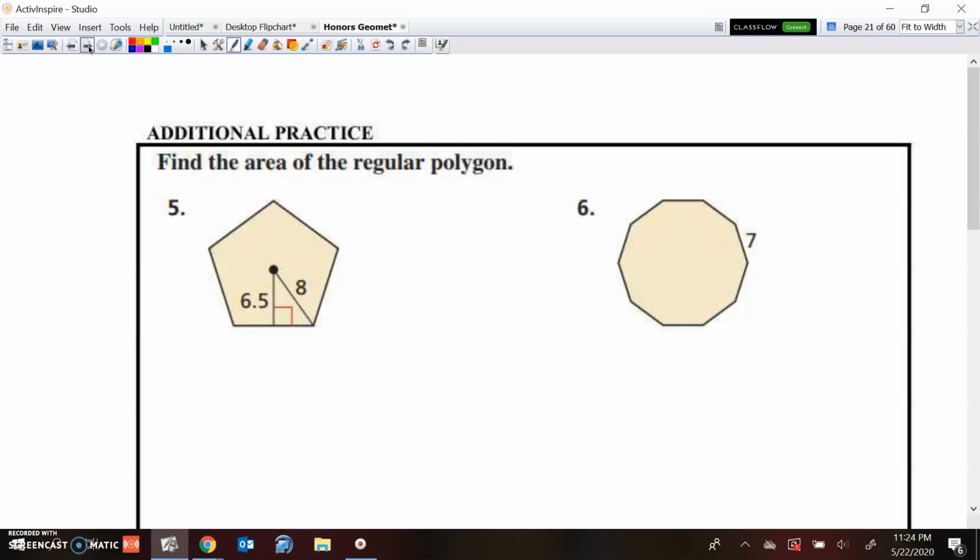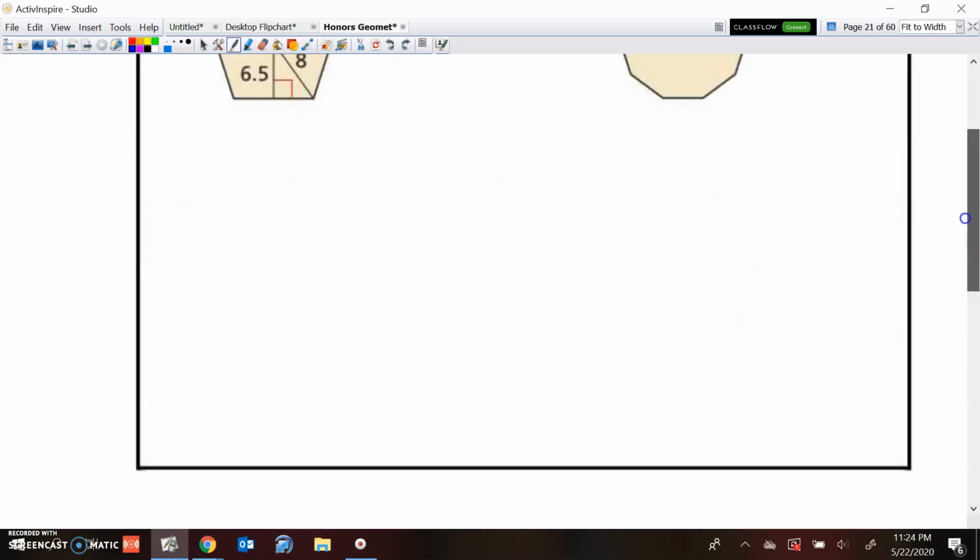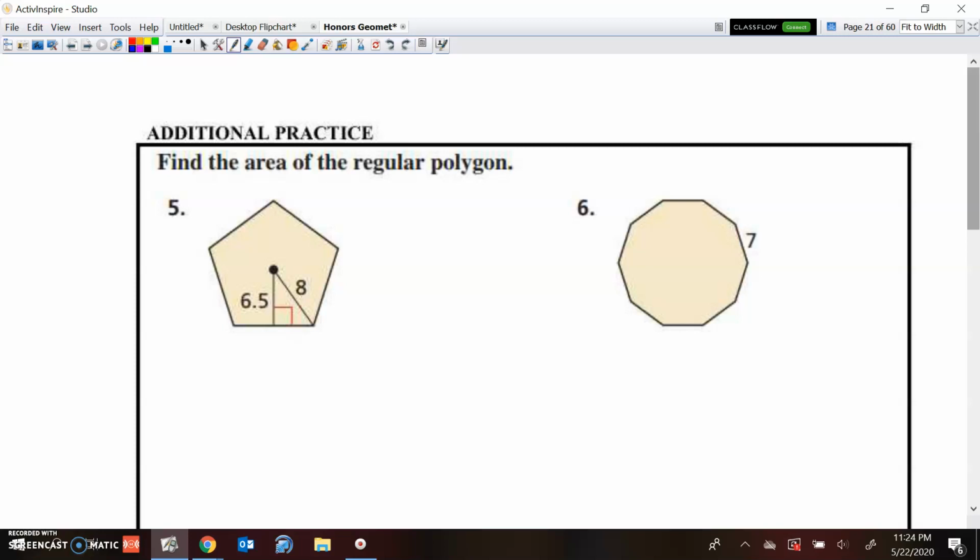All right, so we only have 2 left. Let's go ahead and find the areas of these. So if I look at the first one, it's a pentagon. They give us the apothem, they give us the radius. I need to go ahead and find this distance here. All right, so again, we can do the Pythagorean theorem, or I can use some trig work. Since we just did one with the Pythagorean theorem, and I know you're comfortable with that, let's just go ahead